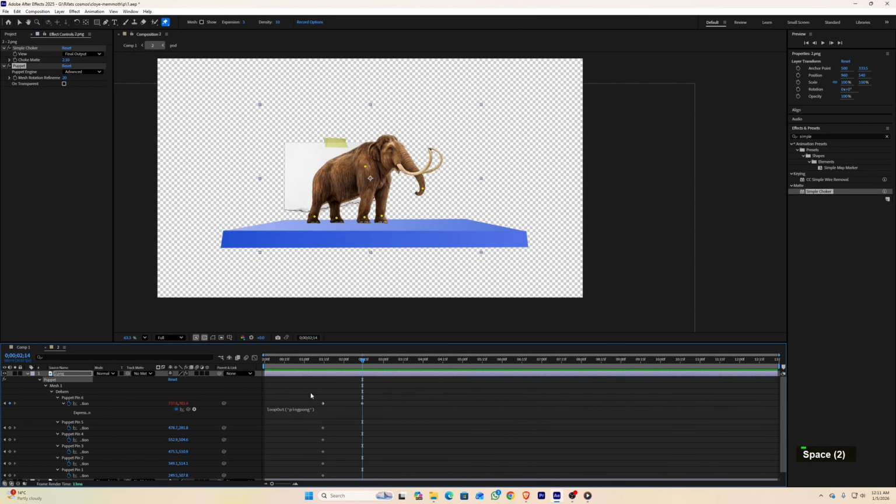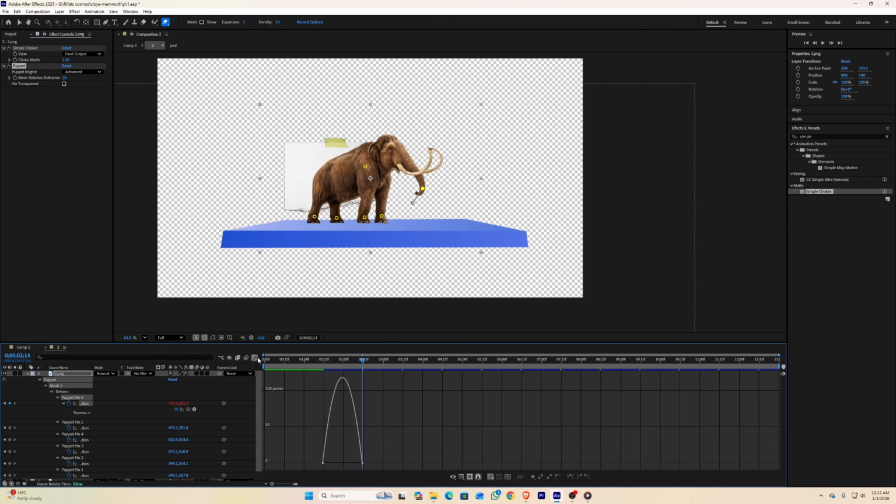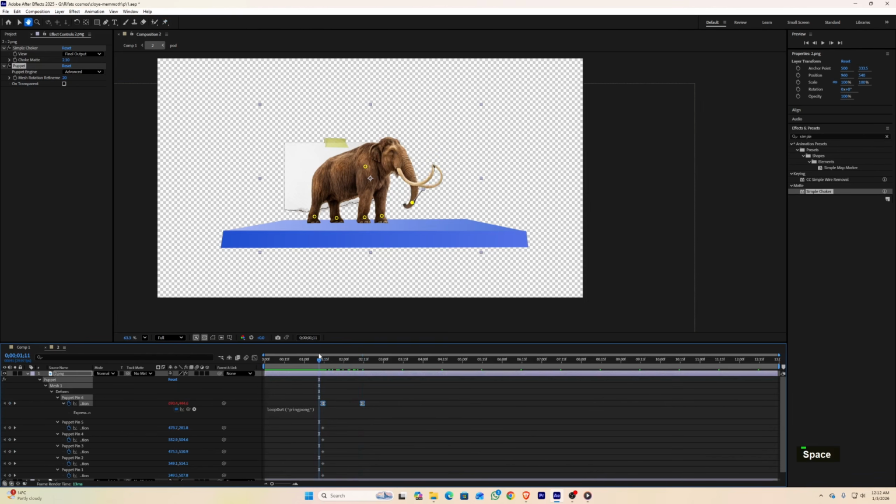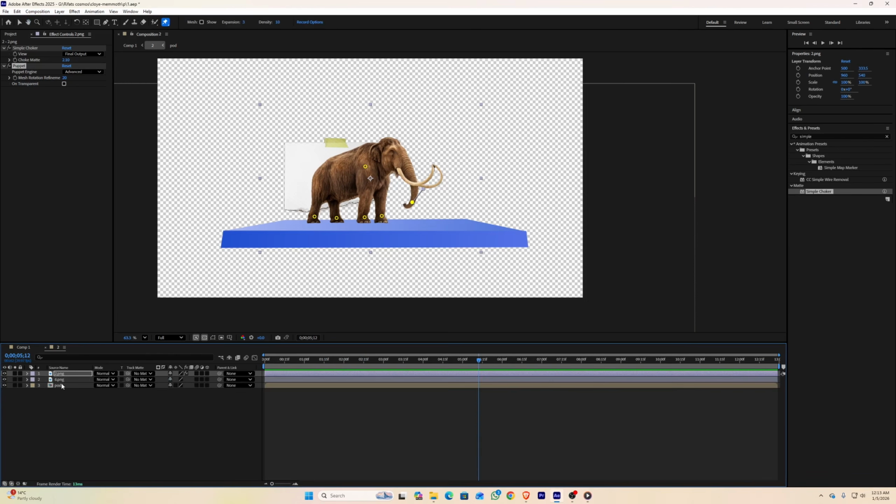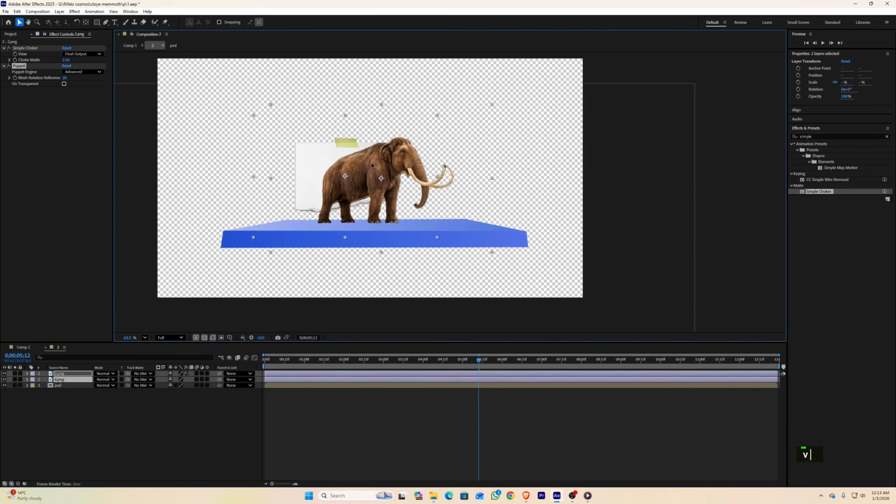Here is our animation. I'll make this keyframe easy by pressing F9, and I'll go to the graph editor and select this keyframe a little bit in. I'll drag it in. Now it'll start slow, then fast, then slow down. I'll select these two layers and bring them a little bit to the center, right in this position, and I'll leave